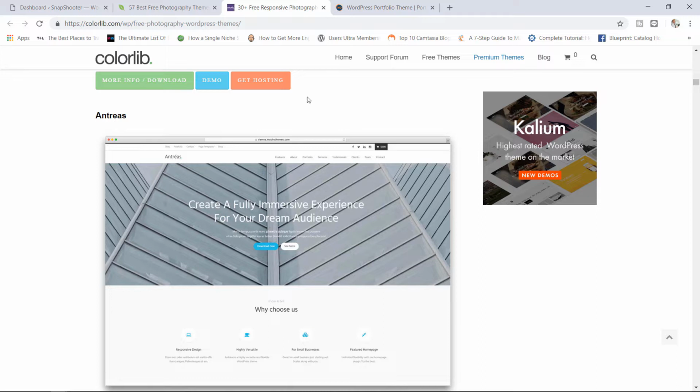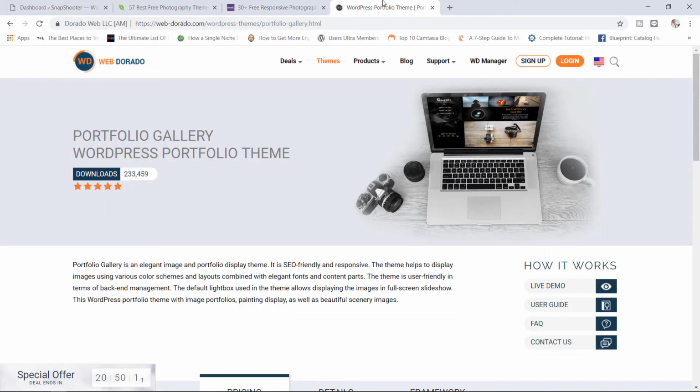But eventually, thankfully, I found a free theme called the Portfolio Gallery, which I think would be ideal for building a basic and decent photo gallery website. It is by Web Dorado, and while I'm talking about choosing a theme, I just want to give you a